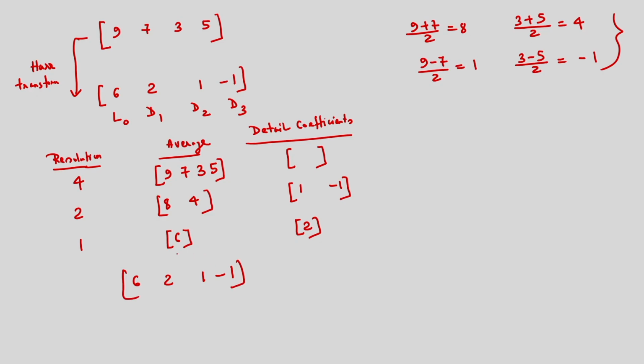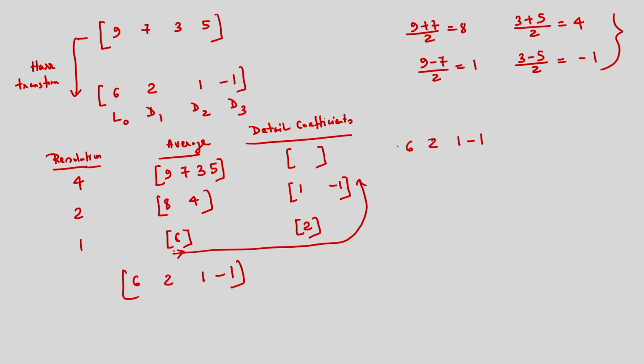That is the Haar transformation I am applying. So you can see I am getting 6, 2, 1, minus 1. So first one is 6, after this 2 and 1, minus 1. And also we can reconstruct the original image to a resolution by adding or subtracting the detail coefficients from the lower resolution versions. So that means how to reconstruct the image, because my coefficients are 6, 2, 1, minus 1.